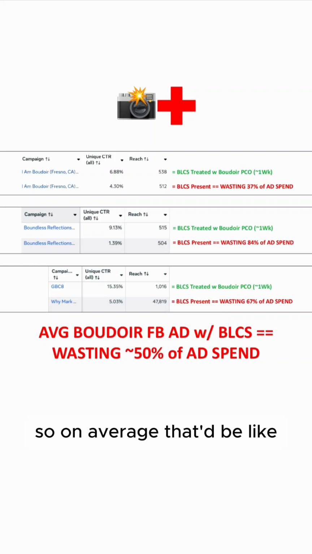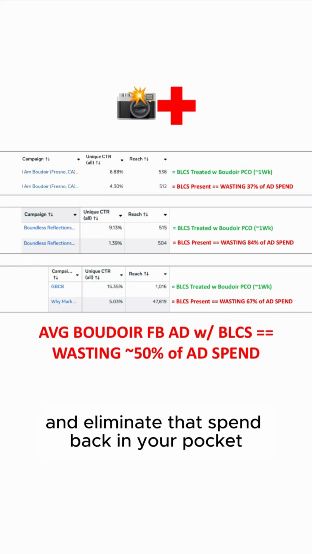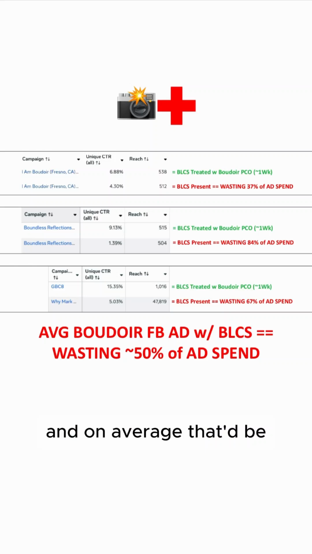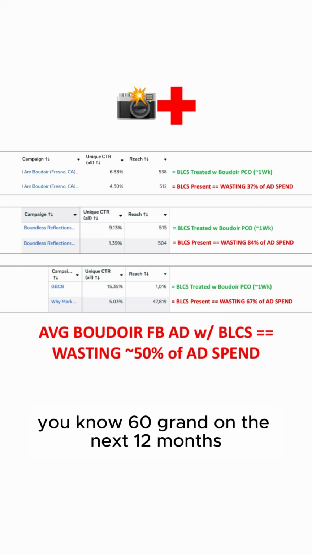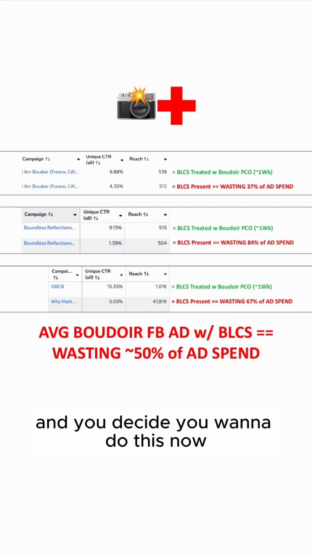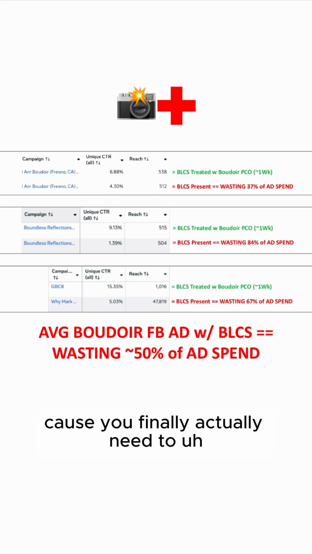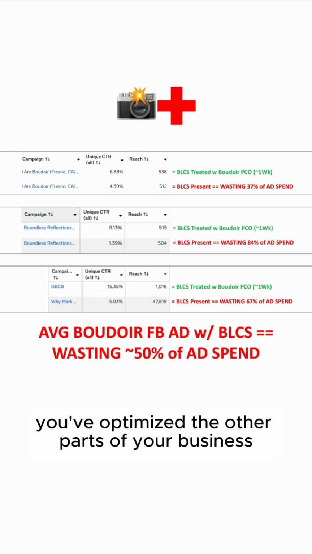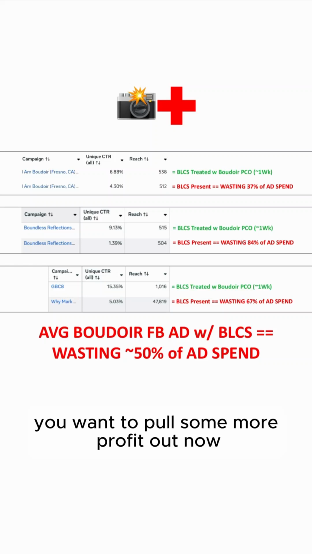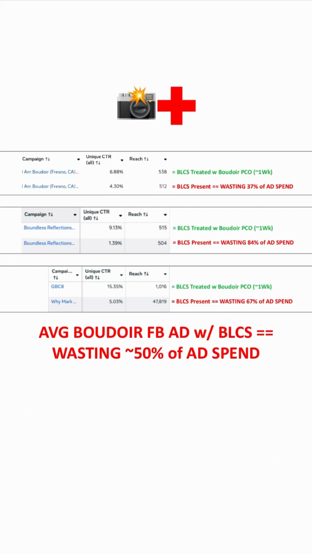So on average, that'd be like $5K a month in eliminated ad spend back in your pocket, and on average that'd be 60 grand in the next 12 months. And you decide you want to do this now because you've optimized the other parts of your business, you want to pull some more profit out now, then shoot me a DM when my